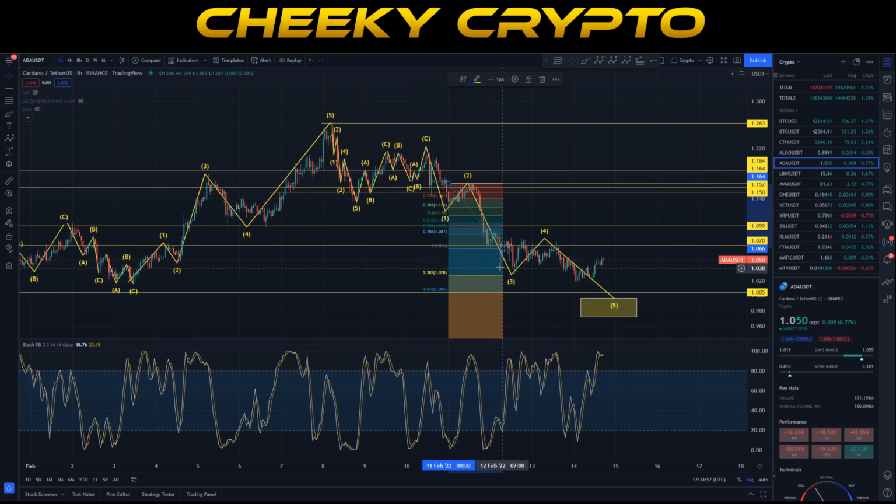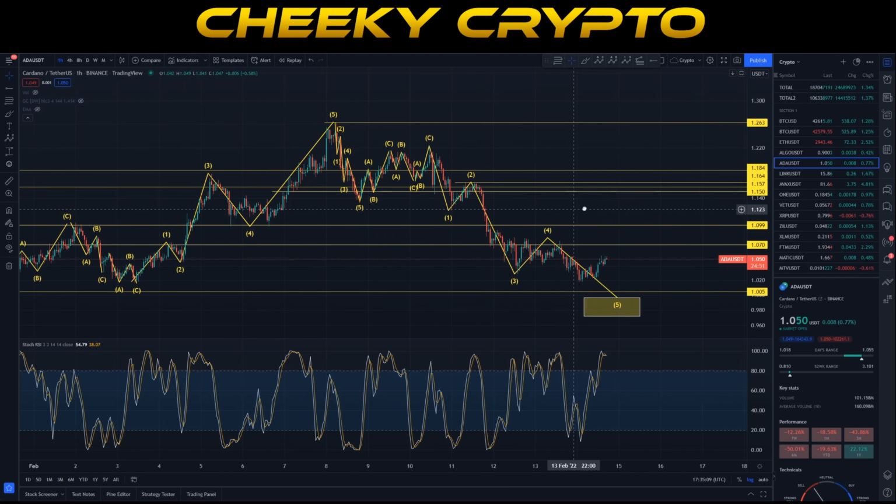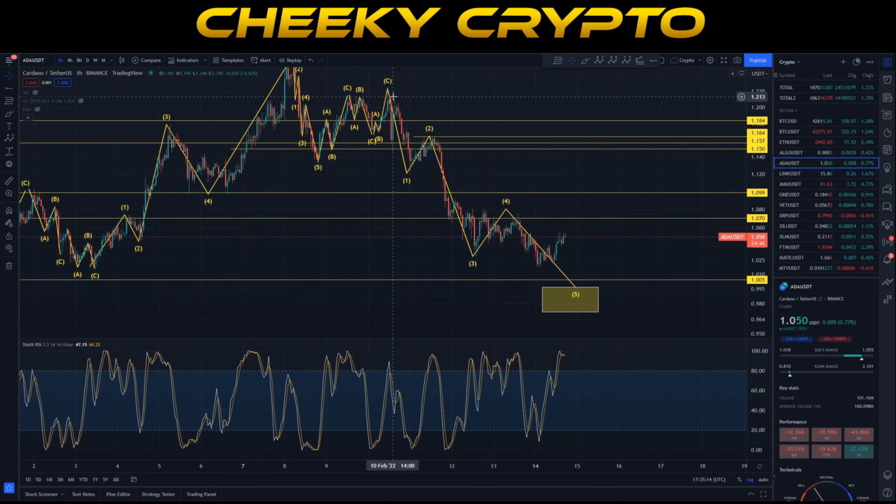But it is clear to see that we actually have these waves and we are moving in the general direction of this fifth wave and the final wave. So although it doesn't quite reach that kind of threshold to say it's technically impulsive, the wave counts here are aligning perfectly to an impulsive move to the downside. So when we actually take a look at this, we have this move to the downside here. It's quite a rapid one, and then a small ABC up, and again another wave count coming down here, and then another ABC up, and then this is followed with the ABC down, and now we're tracking an ABC up, and now we're looking to finish this off with another ABC move to the downside.